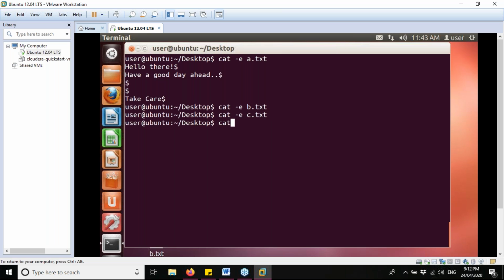Let's just append one of the files. Let's say we will just append b.txt. So what was the code for that? Just now I have taught, that is cat space double greater than signs space the file name, whichever file you want to append. Okay, so now I have put here b.txt because I want to append b.txt. I want to add some contents.